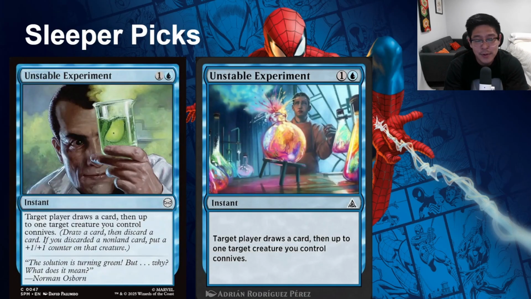Next is Unstable Experiment. Now this one I think could be maybe Blue's best common, depending on how this format shakes up, just because you can potentially get a 3-for-1 here. So number one, right off the bat, you get to just straight up draw a card, and then one of your creatures can connive. So if you use this as a combat trick, this is potentially a 2 or 3-for-1, because